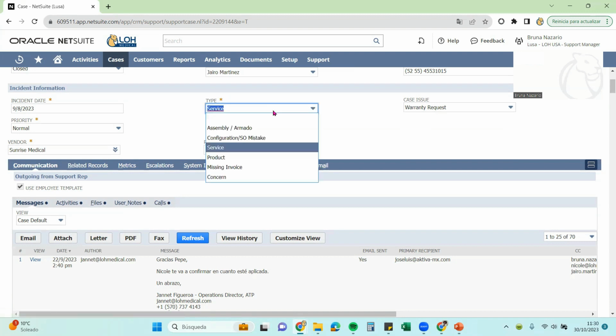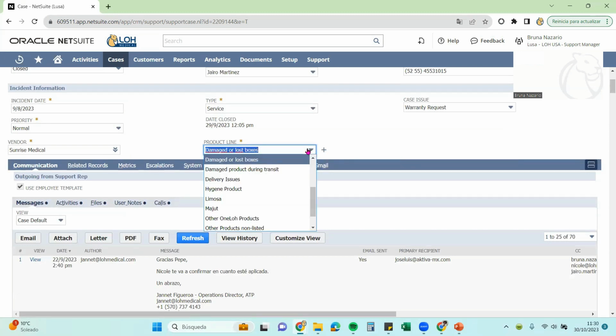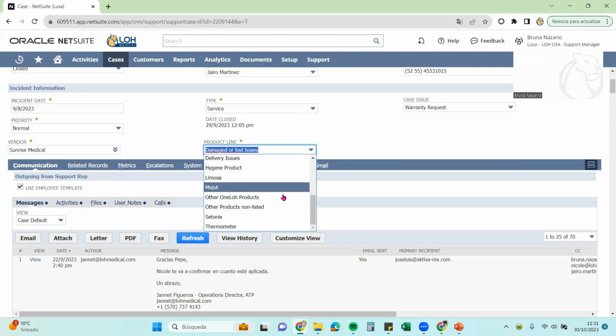The type is the type that we talked about in the beginning of this course. So right now we have assembling, configuration, service, product, missing invoice, and concern that we already explained. And here is the product line associated to the type of the product. So the product line is the type of product that's being reported, that can be delivery issues or a product that is hygiene, can be the Onelow products, the Onelow that is Limosa, Imajut, can be other Onelow products not listed.